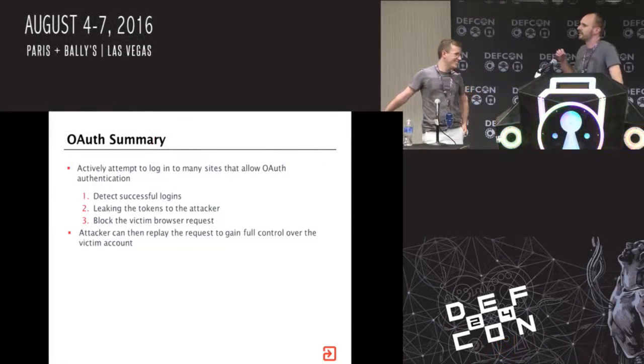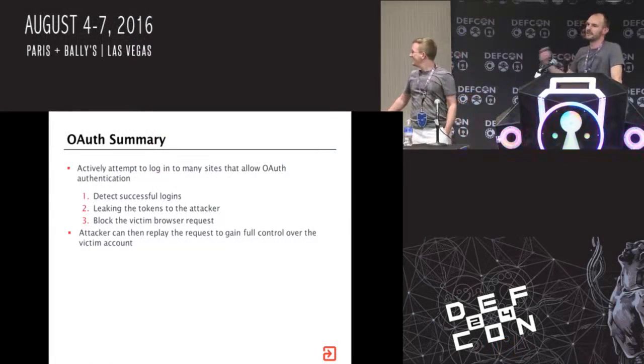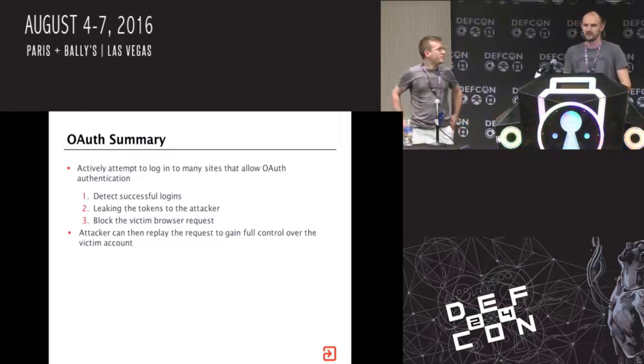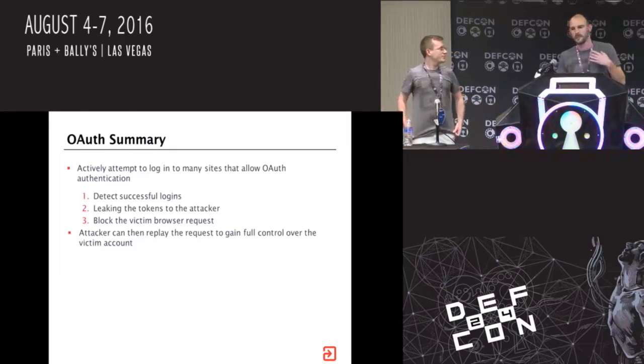So this could be done passively. We could wait for a user to log in, but as Paul mentioned, we're kind of impatient, so we can force this. And if you're only using the 302 lookups, you can actually force a large number of authentication attempts against a large number of services very, very quickly. The user won't see anything necessarily when they go to log back into that service. In our experience, they won't see a failed login attempt or anything else. So it's pretty blind from the user side of things. And it does allow attackers to gain full control over the victim account.